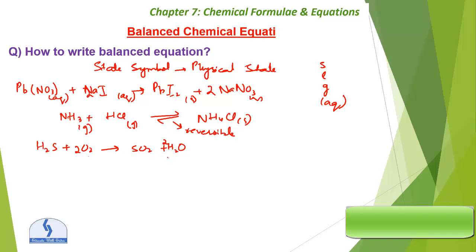Right, simple, but it disturbs the amount of hydrogen, that is 2 to the 4. So if you write 2 to the 4 here, so that will disturb the sulfur. And if you are using sulfur, that is 2 sulfur on the right hand side, this will again disturb the oxygen. Now what will happen? Count, hydrogen is balanced, sulfur is balanced, but oxygen is not balanced. So there are 2 to the 4 plus 2. There are 6 atoms of oxygen. So put 3 over here, that is 3 to the 6. That will balance the oxygen as well. So this is the way how we balance the equation.